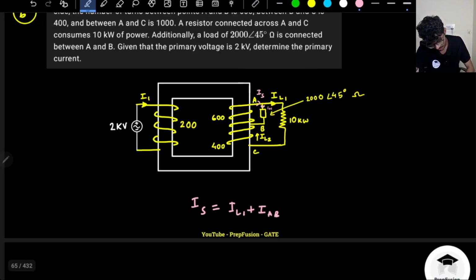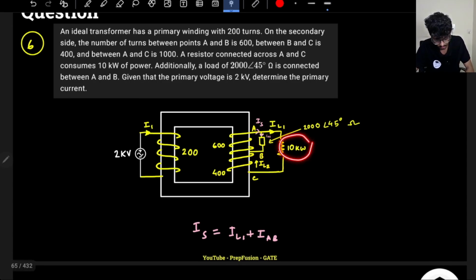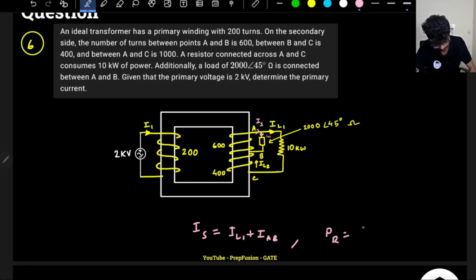So what is the IL1 current? IL1 current will be the voltage VAC divided by the resistance, but they have not given me the resistance. It has just told me that it consumes 10 kilowatt of power. So if it consumes 10 kilowatt of power, then I can directly say that the power in the resistance will be 10 kilowatt. I can write this as IL1 RMS whole square